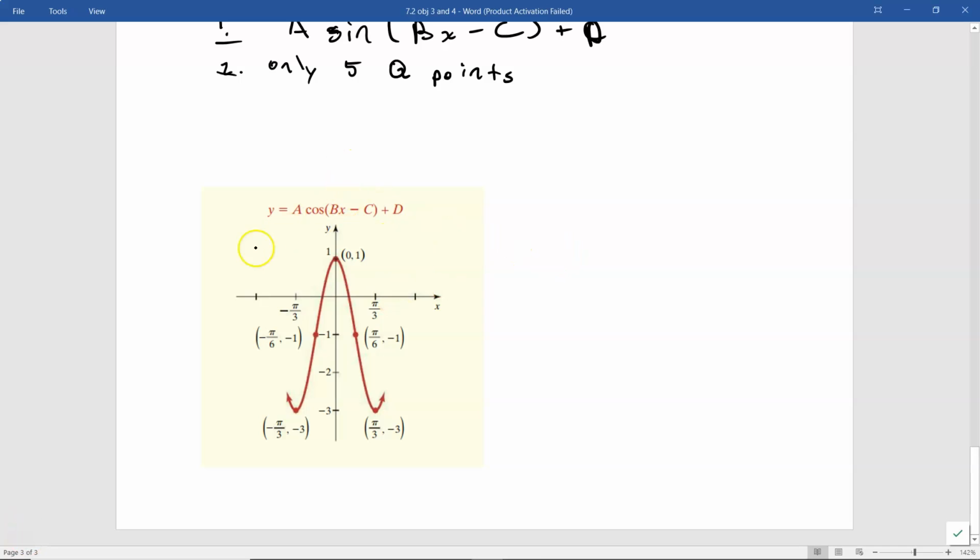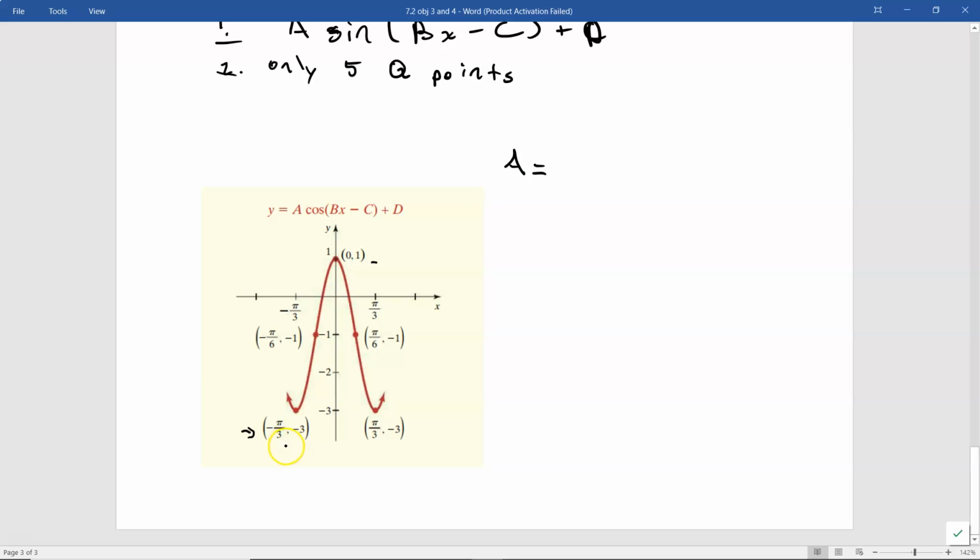Okay, so here we see that we have a cosine function, and this cosine function has 5 quarter points. The first one being here, the last one being here. And the first way I like to approach this, there are many ways you can approach this, but the first thing I like to do is try to find both the amplitude and the period from these quarter points. So the first thing that we can do is find the amplitude